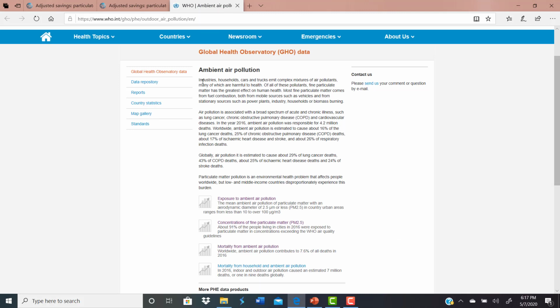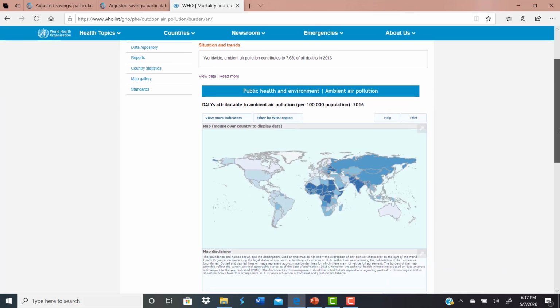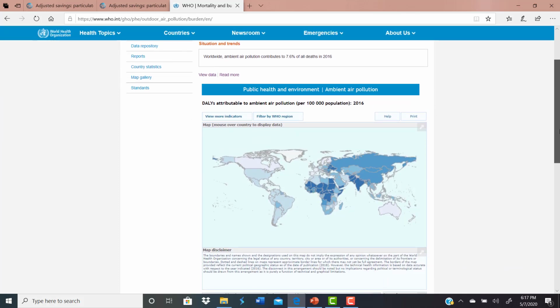It depends on what you want to look at here, but one thing that might be interesting to look at is mortality from ambient air pollution. You can take a look at a world map to see how these countries are being affected by their ambient pollution. And this DALY statistic, disability adjusted life years, is essentially what we're measuring there. So how many years of life have been affected as a result of this ambient air pollution per 100,000 people